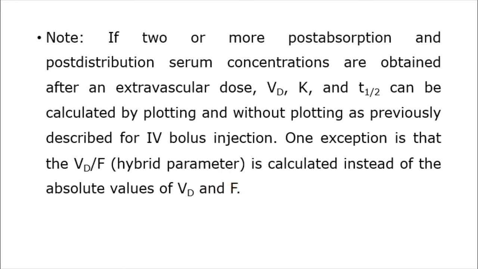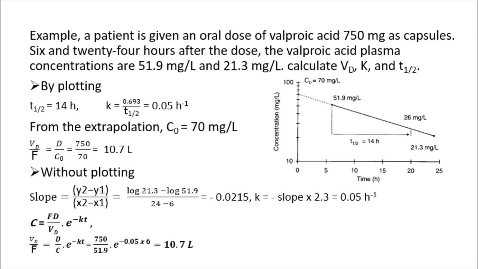Let's take an example for this. A patient is given an oral dose of valproic acid of 750 milligrams as capsules. At 6 and 24 hours after the dose, valproic acid plasma concentrations are 51.9 milligram per liter and 21.3 milligram per liter. So following the administration, at 6 hours and 24 hours, plasma concentrations are